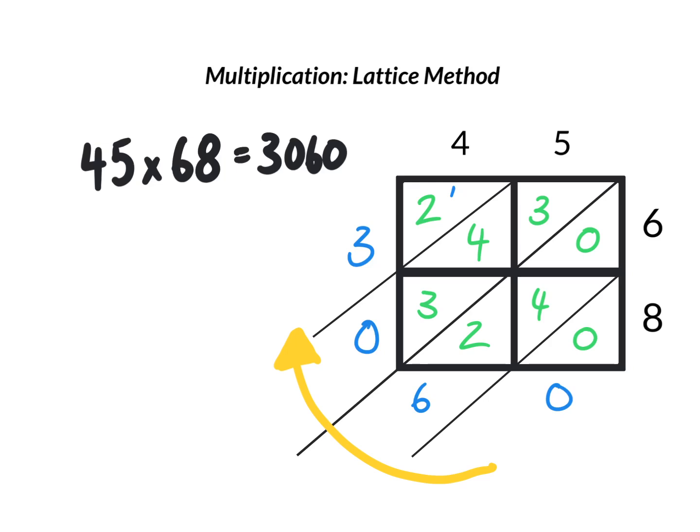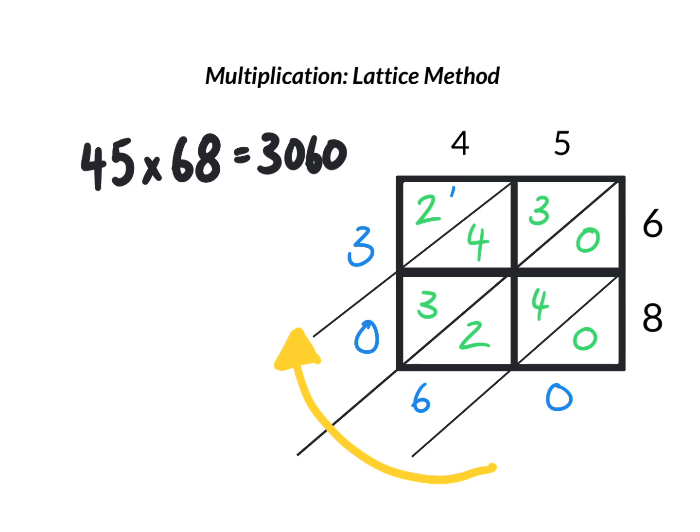Hey guys, today we are going to be exploring the lattice method of multiplication. The lattice method is a grid. We're using a grid to solve two-digit multiplication. If we see the number sentence 45 times 68, we can solve this number sentence by using the lattice. If we put 45 at the top and 68 along the side, we can solve 45 times 68 by using